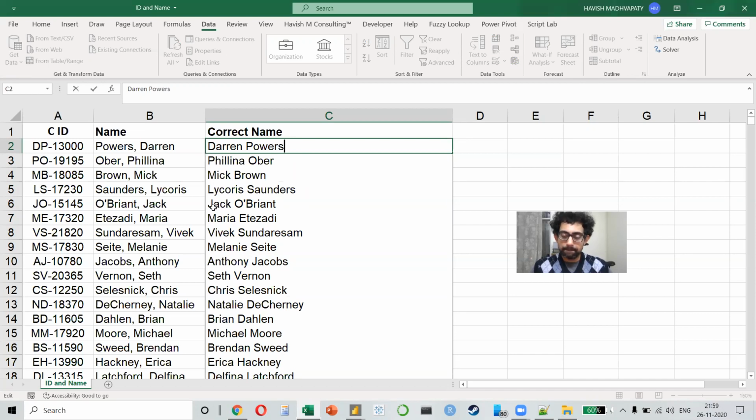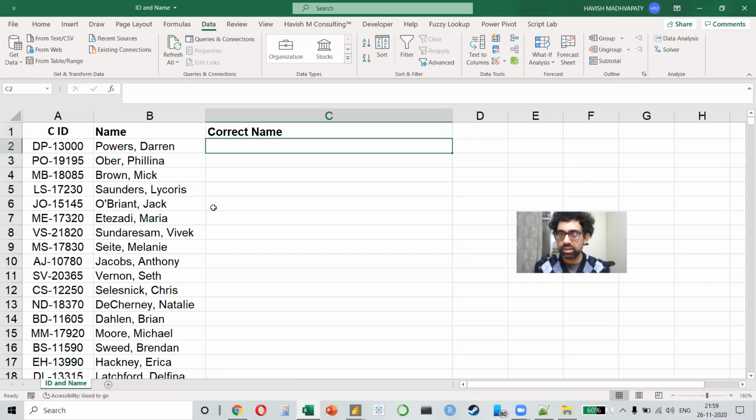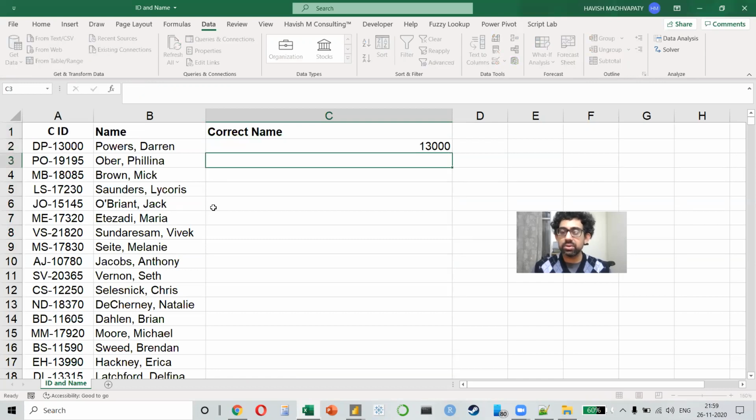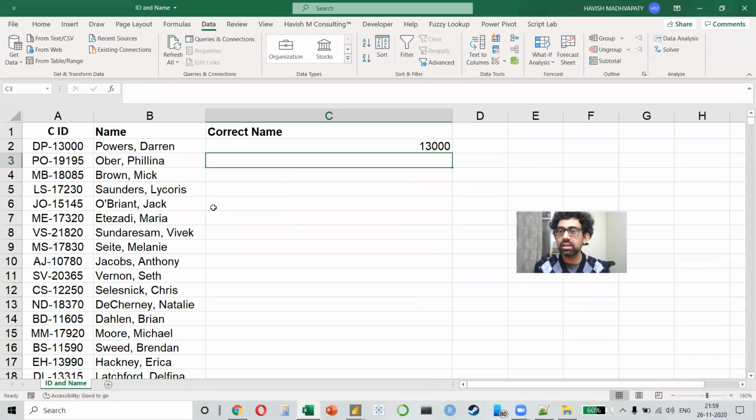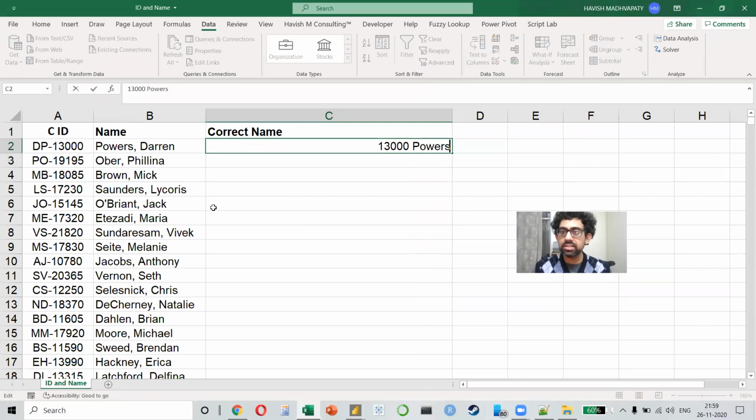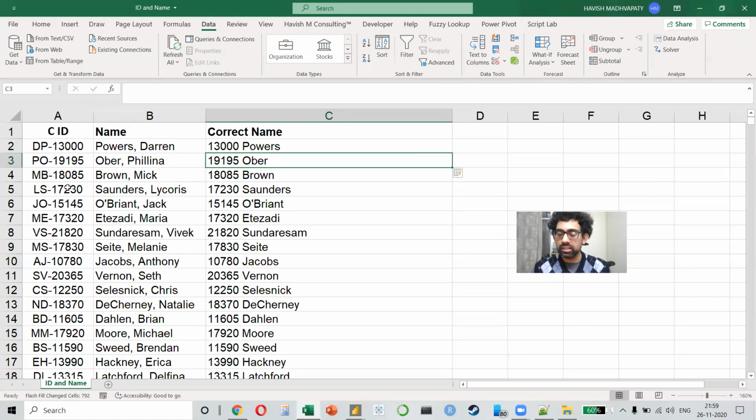So it's directly going to understand that we are working on the second column. Yeah, so it can understand either of the columns. Like, for example, if I said 13,000, what do you expect the result will be? Only the numbers, right? If I said 13,000 parse, now it will only give me the number from here and the surname from here. It's a very powerful tool, you know. A lot of people feel, oh, it is just taking out a part of the data. No, it can actually do many, many different things for you.